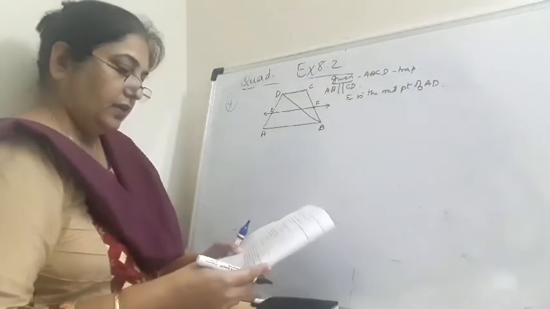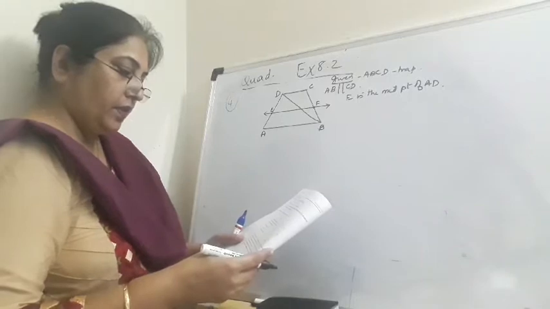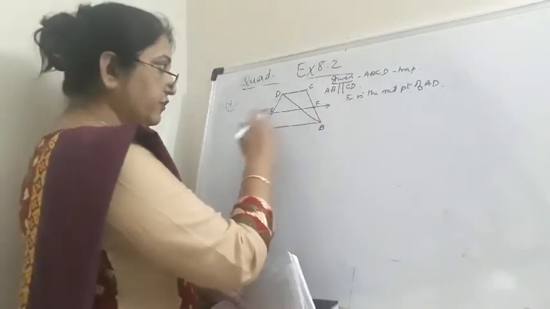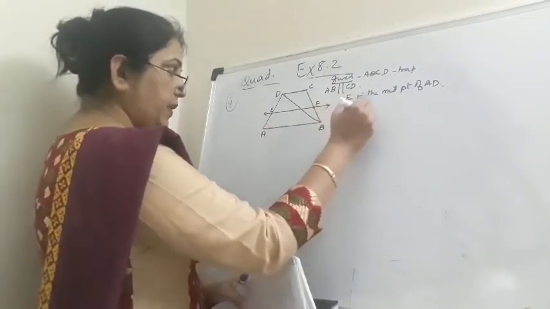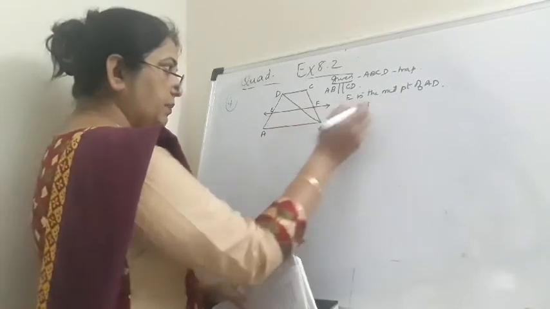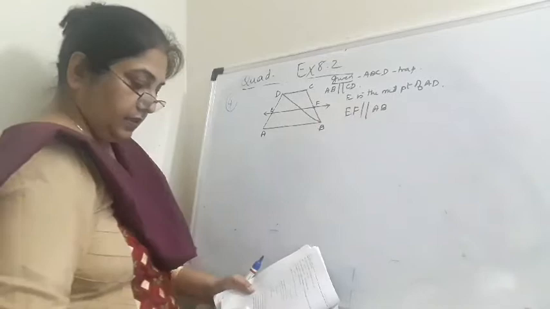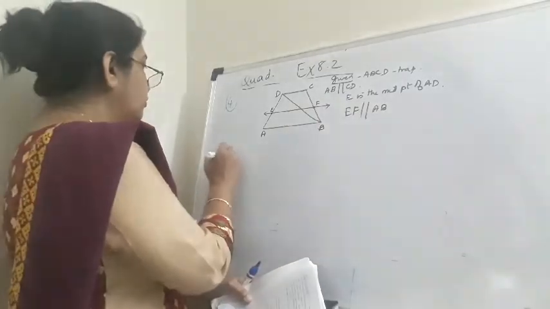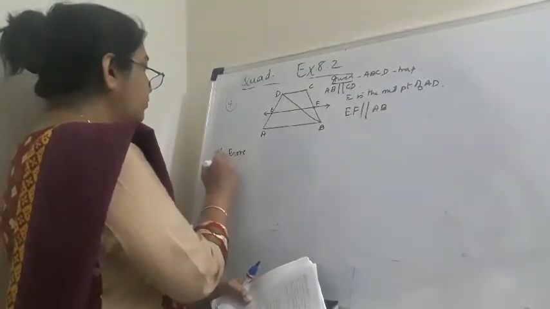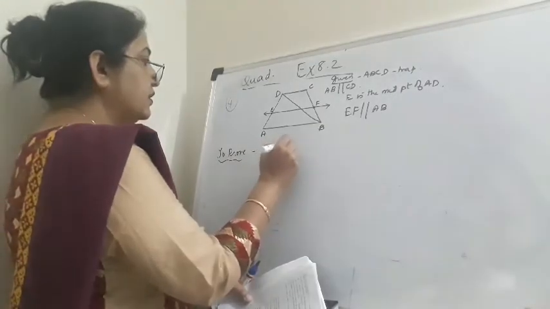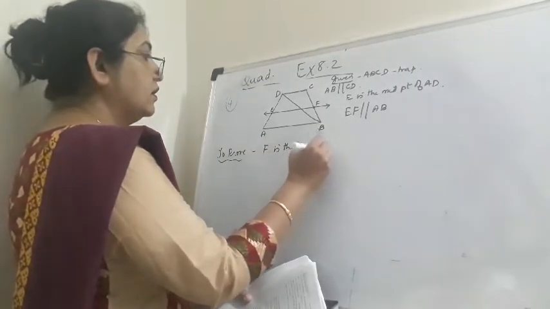And what else? The line EF is parallel to AB. And to prove, we have to prove that F is the midpoint of